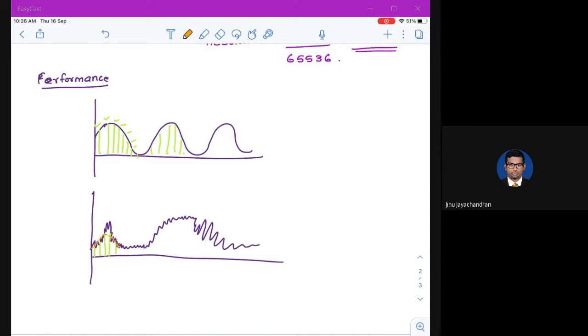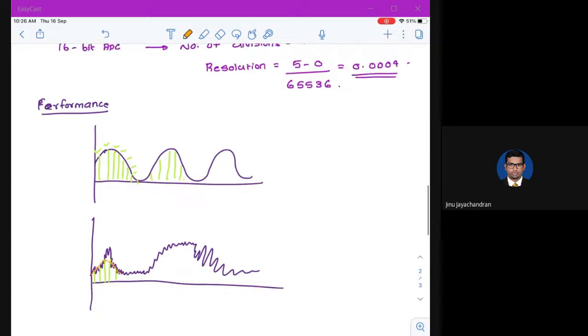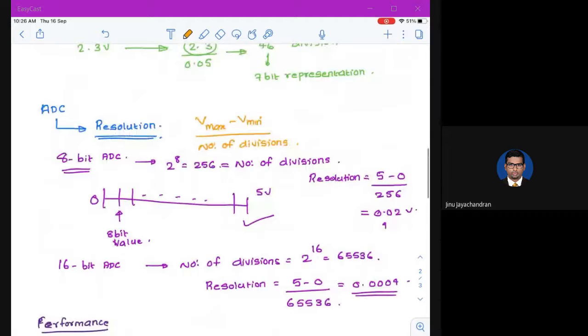Okay, I hope you have understood what I have told about ADC, because in your projects, I am sure at some point of time, if you are making a hardware project, you need to select a controller with an ADC or a separate ADC chip. Okay, so when you are selecting such kind of an ADC, make sure that you have all these things in your mind. What should be the resolution? What should be the sampling frequency?